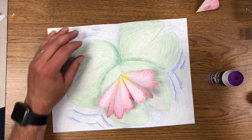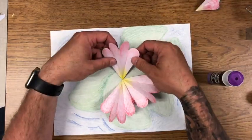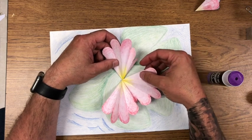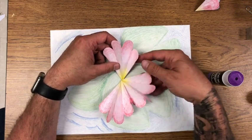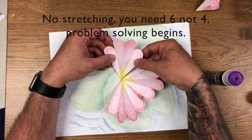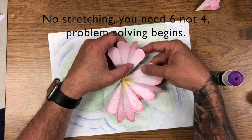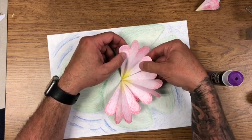And then I want to grab another one. And I need to do the same thing. I need these to be glued together way over here. So I've got to stretch this. This is where your folds come in handy. Actually,